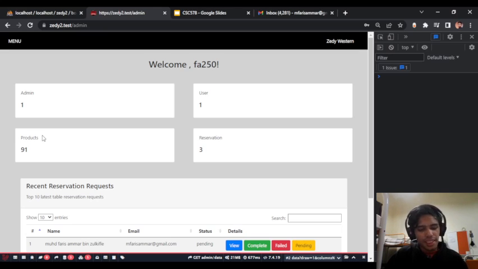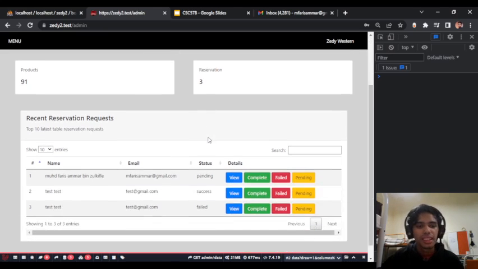The product is actually, since this is a restaurant, and it was originally intended to be an e-commerce website, we still keep the files just in case our client wants to make it an e-commerce site. But for now, we strictly make this website a reservation page only, and this will show the number of reservations that have been made by users and admins alike, from the start of the page